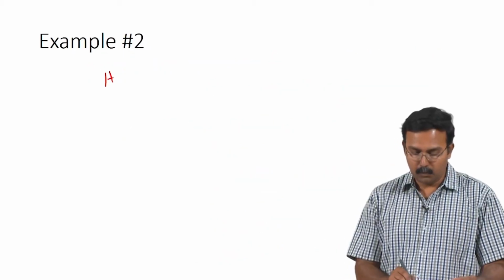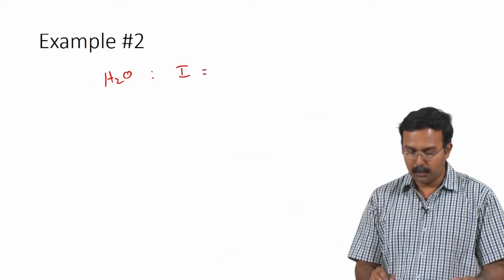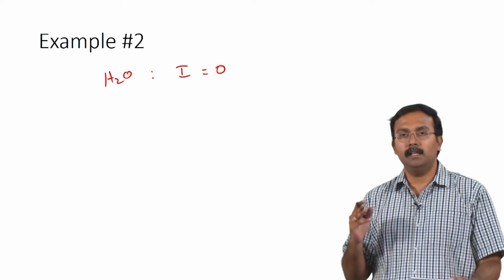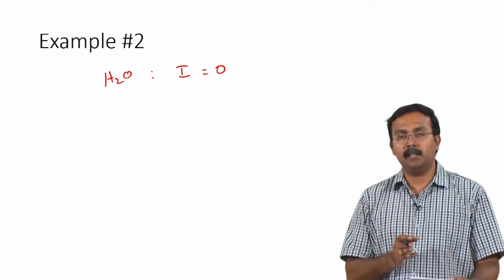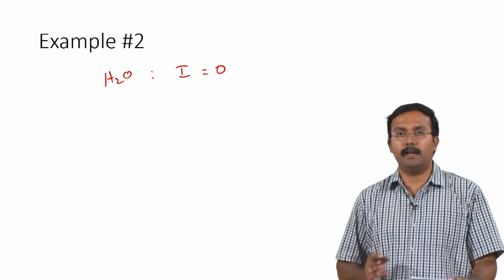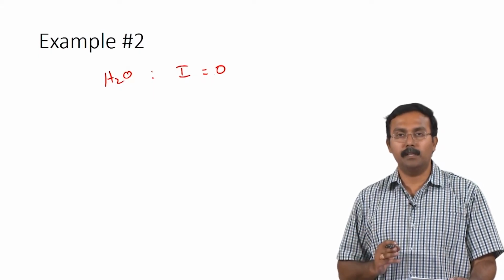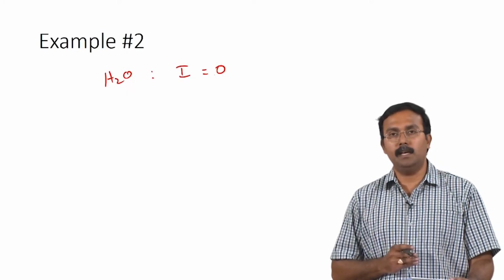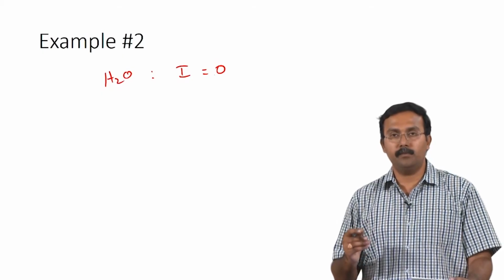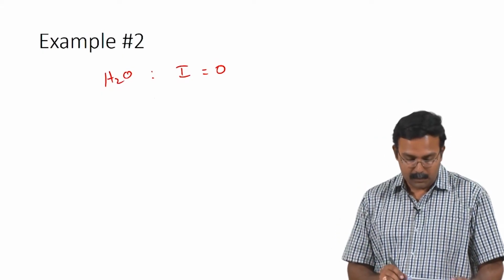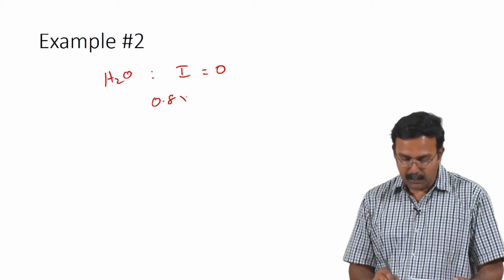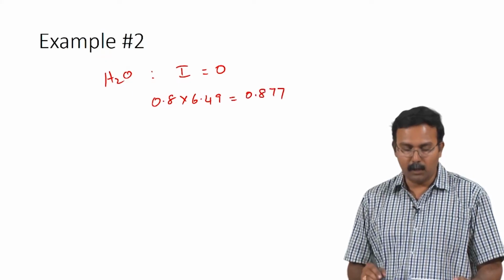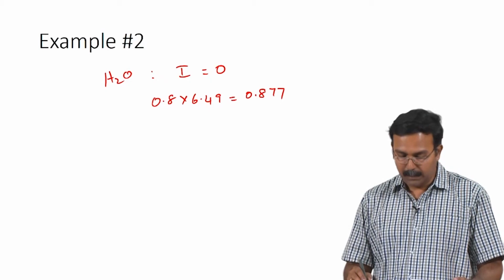Similarly, we can write a balance equation for water. So, the water balance would also be input equals output. Water is coming in through the solution and it is leaving as part of the solution, as part of the water vapor, and also as water of hydration. So, we need to account for all the three components. We have already calculated the amount of water leaving as vapor, and we know the amount of water which is entering, we just need to now write the balance equation for the other two. So, let us write this equation. Water inlet would be 0.8 times 6.49 and water outlet would be 0.877 kilomoles, which is leaving as water vapor, plus